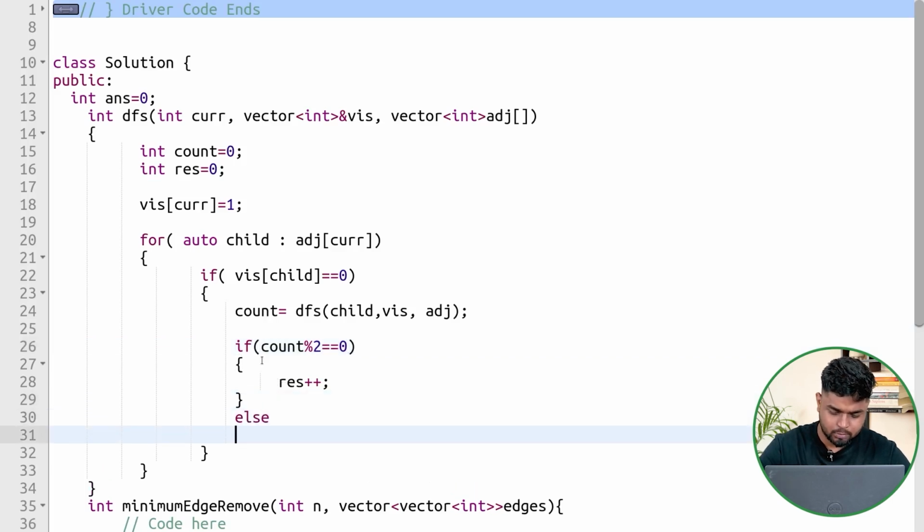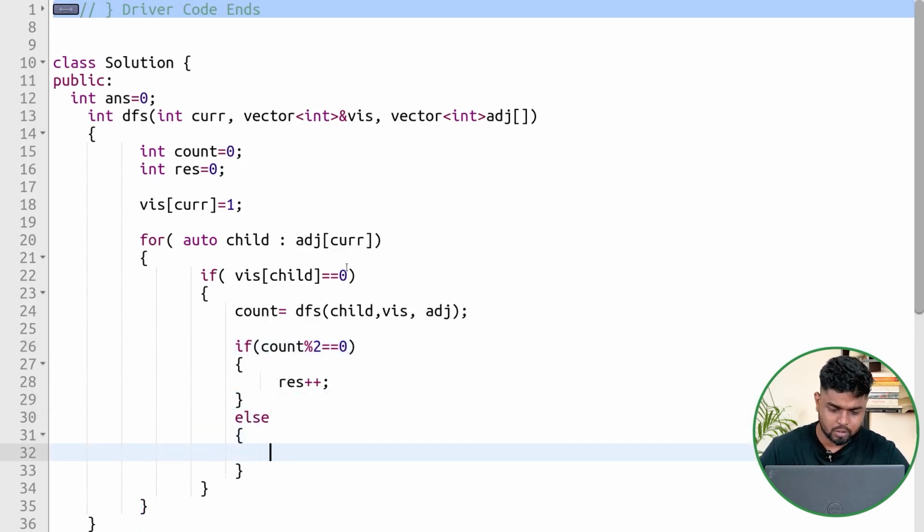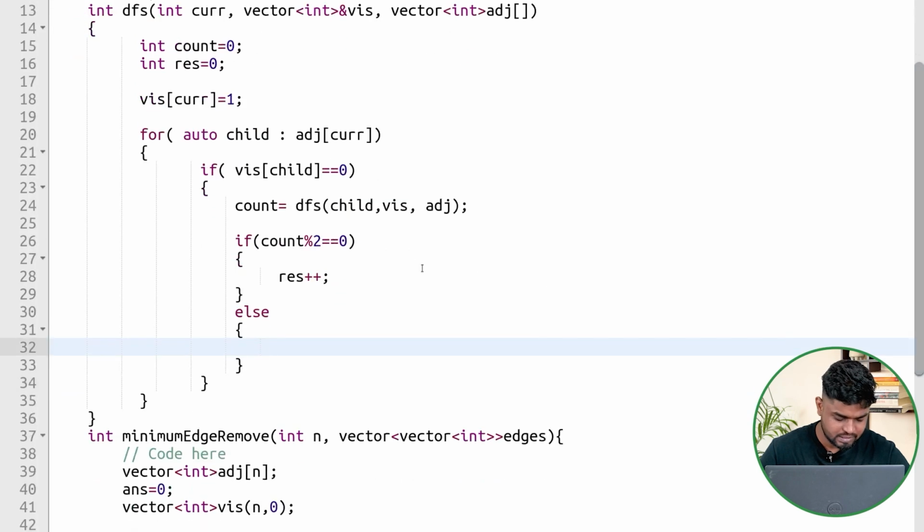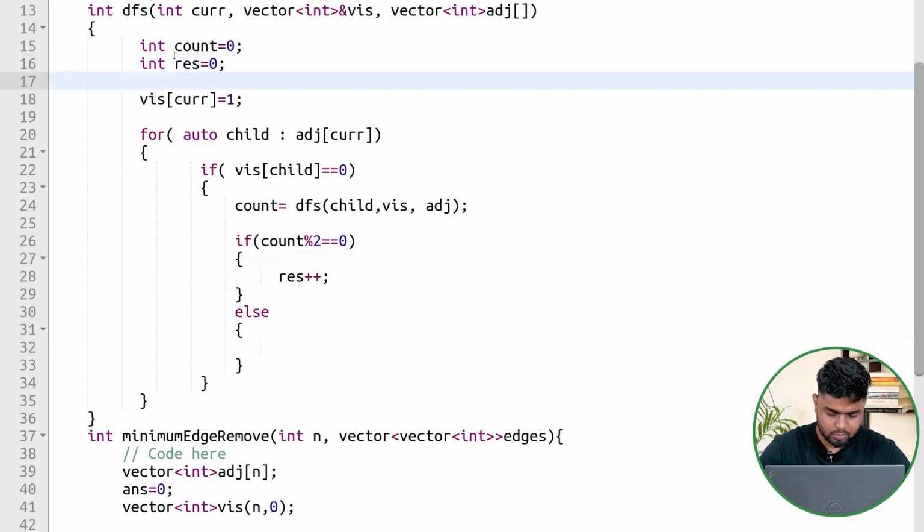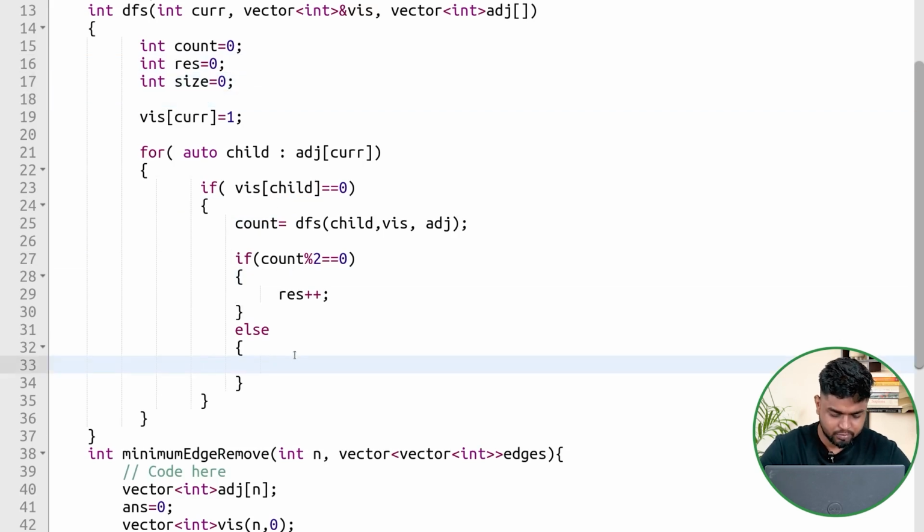Otherwise, if you are not going to remove, then you will increase your size. Let's say we'll have a size variable, initially marking it as 0, and then we can say size plus is equal to the count here. So if we are not going to remove this particular connection, we need to count the total